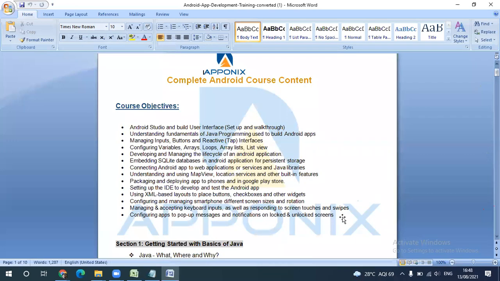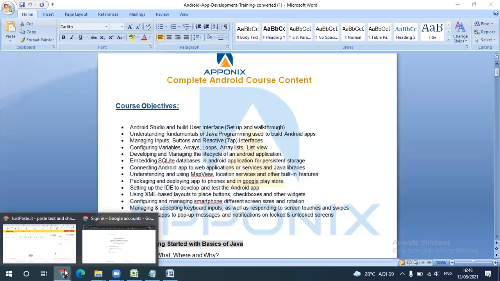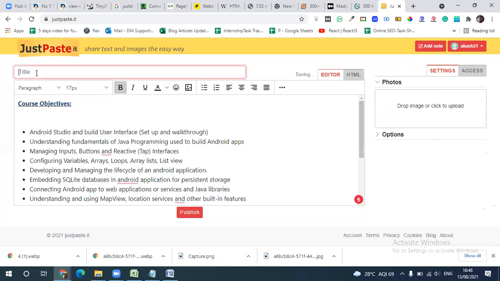For example, I will add this particular content. Imagine, actually it is not an article, I am just showing you the sample. I added content here. I will mention the heading, Android app development objectives. Whatever the article name is, we have to mention it.